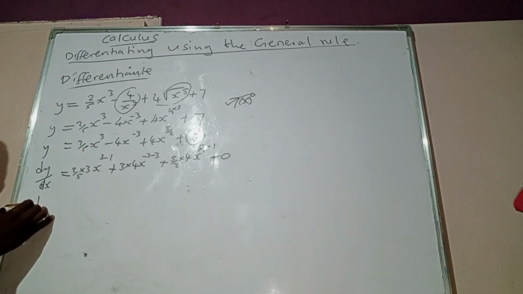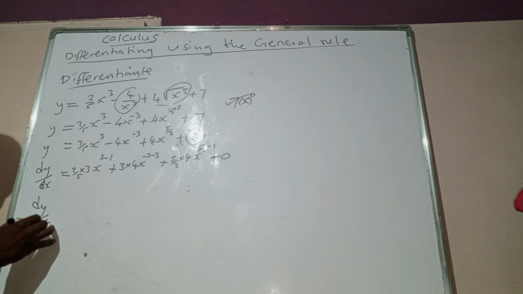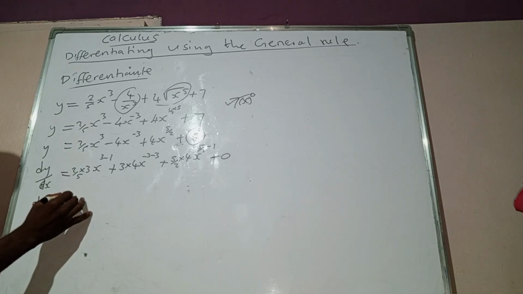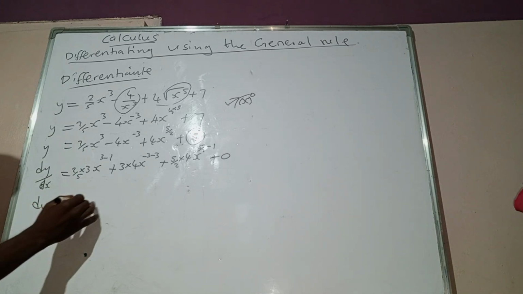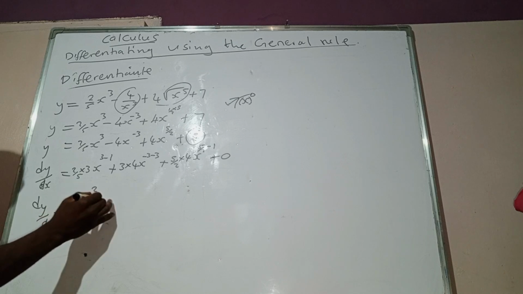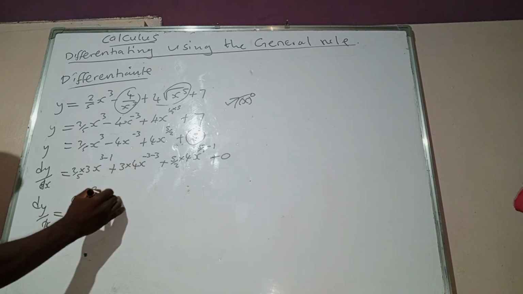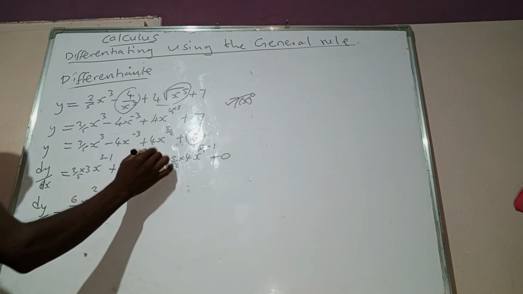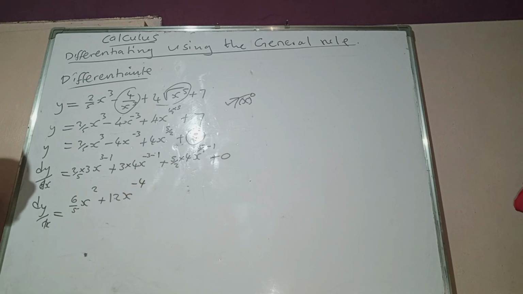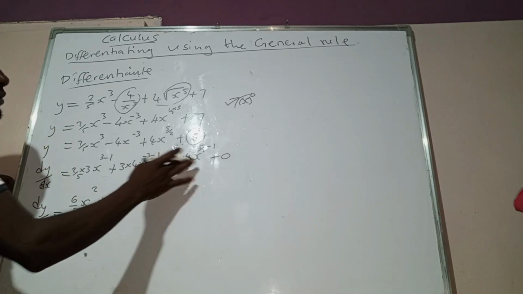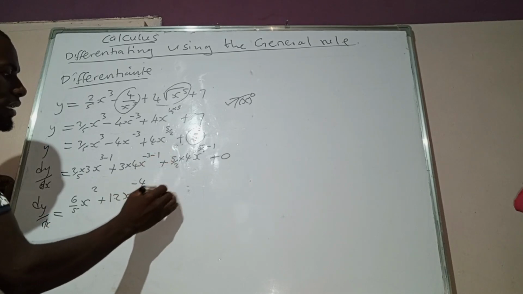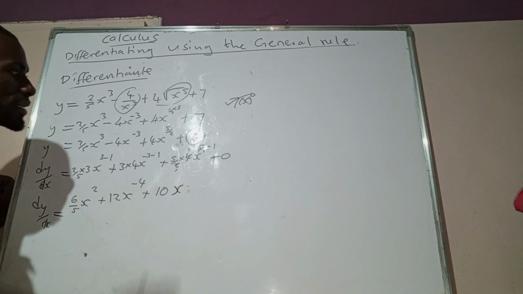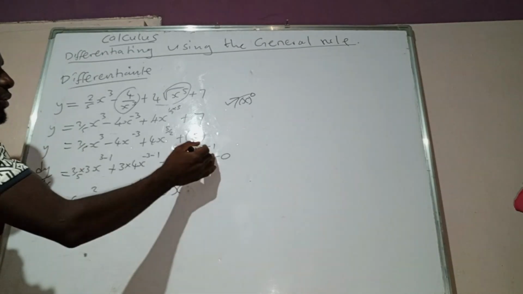Okay, so we continue. dy over dx is equal to, when you multiply this, we are going to have what? 6 over 5 x to the power 2, plus. When you multiply this, we are going to have 12 x to the power negative 4, plus. When you multiply this, you are going to have what? 10. 2 there, 2 there, 2, then 5 times 2, that is 10. x to the power